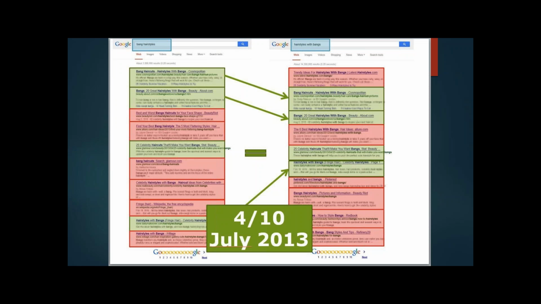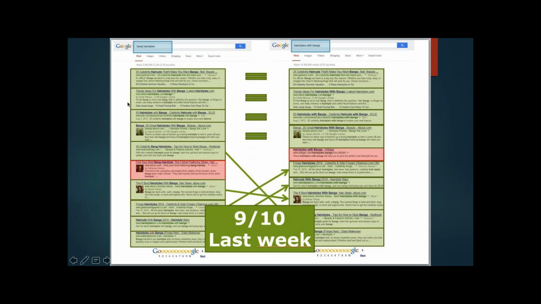So what I mean to say is what we see is the importance of how this has changed later in time when he did this other slide. This is actually from a year later, and now after Hummingbird's fully in place, so this would have been September of 2014, the figure rises to 90% of the same pages showing up. And I could go on and on about some of these big changes that Hummingbird has brought to us, but that's an easy way to see it.